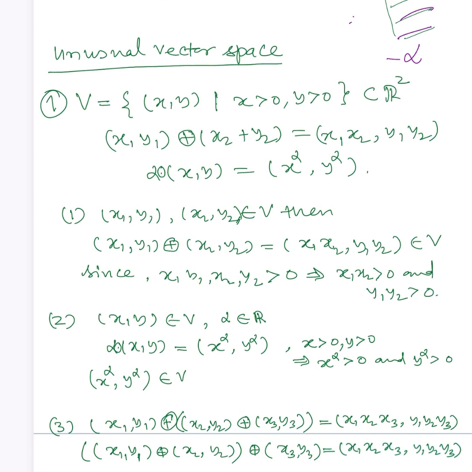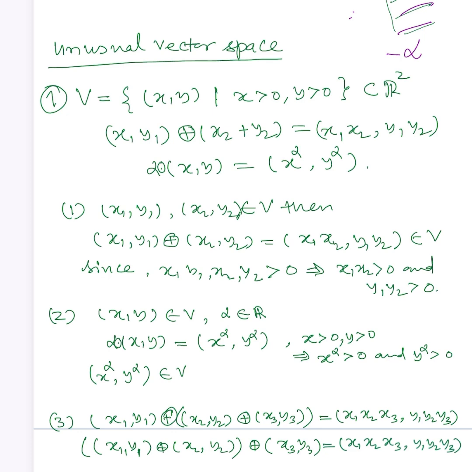Now let us talk about the unusual vector space. What is the unusual vector space? If it is being given to you, instead of x plus y, I'm going to define my own way of addition: x plus y minus 2, right? Which seems unusual, because I have defined it myself based upon my demand. Similarly, that is what we call an unusual vector space, because the addition is denoted by plus circle and dot circle, to distinguish from the usual plus and product, right? This is usual,